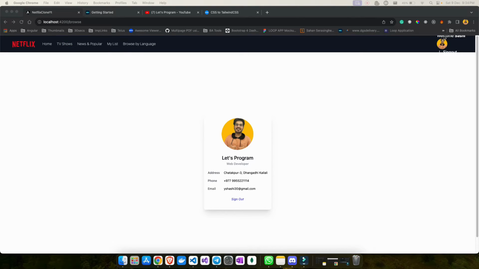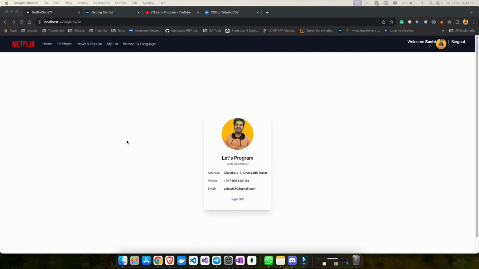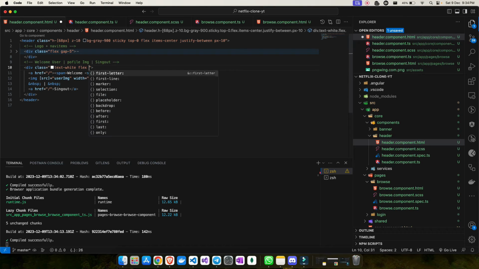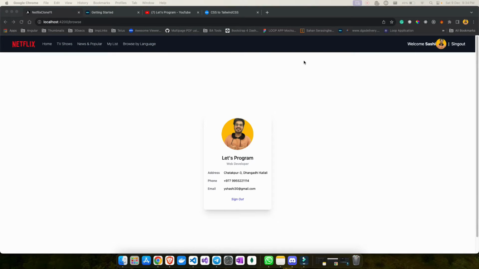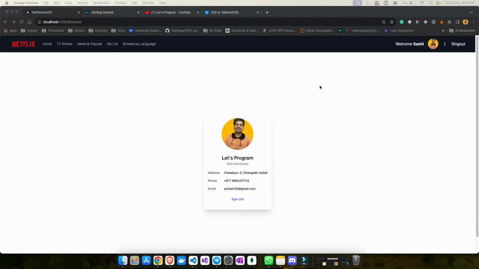At the moment they are all one below the other. So how to fix them? Very easy, just make it as flex. So once you flex them, that's how they are. I need to align all of them center, so I can say items center, and they will be center. And what is the next thing I need to do? Just add some gap maybe, so I can say flex gap. Okay, this is not correct. So flex gap of, oh sorry, that's not flex gap, it's gap directly. So I need a gap of 4. Yeah, just to check how it looks.